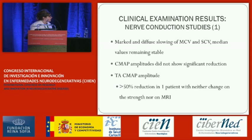Confirming previous electrophysiological studies, we observed marked and diffuse slowing of the nerve conduction velocities, but the median values remained stable during monitoring. As a whole, the CMAP amplitudes of the examined nerves did not show significant reduction, but consider